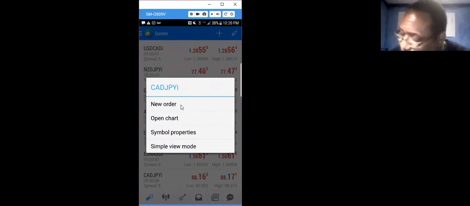Okay, so we've identified the pair that we wish to trade that corresponds to the harmonic scanner. And so what we do is we select that, we hit CADJPY. Here you have a new order. This is how you'll put in your orders for your trades. You have the chart so that you can actually see the same information that's on the harmonic scanner. You can see it here on your phone, and then the different properties, and then the simple view mode. We want to go ahead and look at putting in this order. So I hit new order,